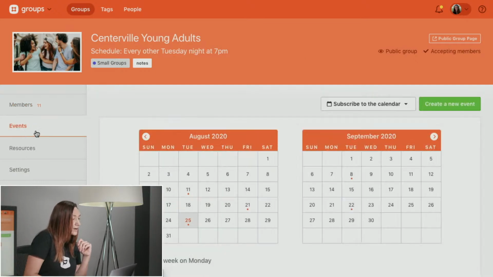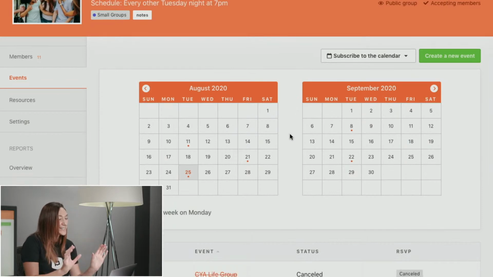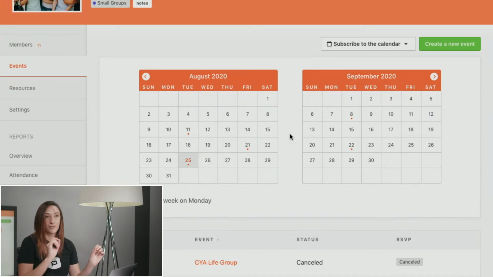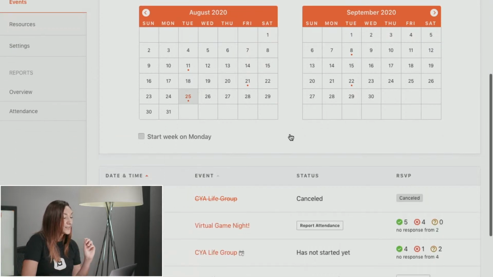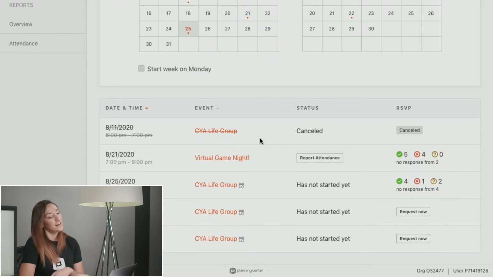So I'm going to go to our events page and you can see, I love this view actually. You can see two calendars side by side that have fun little dots for when you have events in this group. You can also see a list of all of the events that are shown on that calendar. You can see past events. You can see we had one meeting was canceled because it's like end of summer. Everyone's still traveling. You can see people who have RSVP'd to events, so you can help plan for those events. This event, we had a virtual game night the other night, and I didn't report attendance for that. So there's a button for me to go and do that. I'll get to all of that in a second.